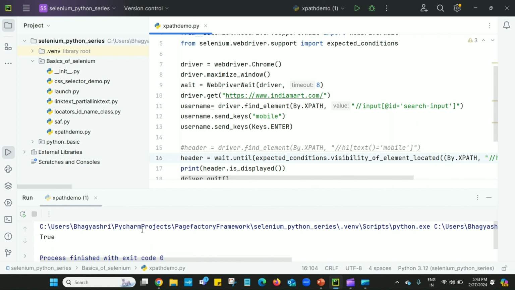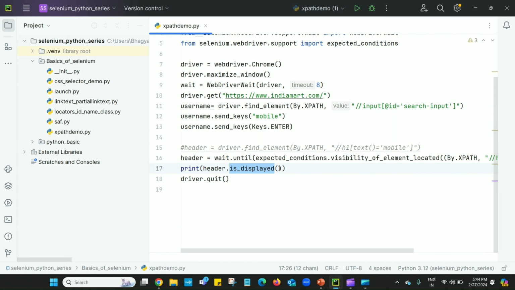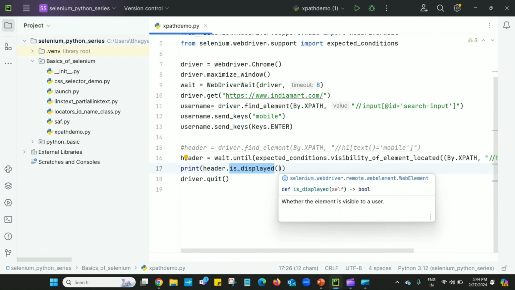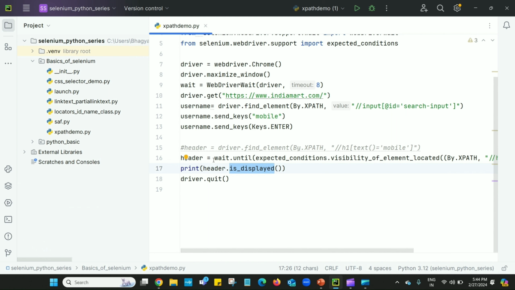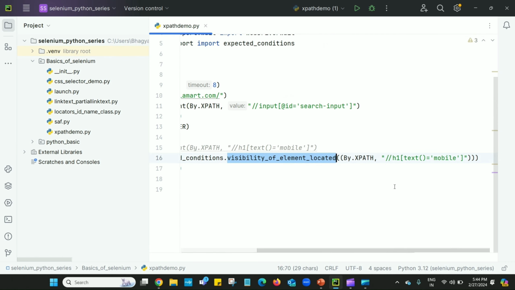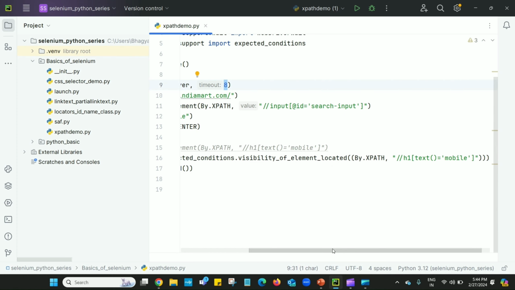So we are getting the same result as true, meaning this element is present. By using explicit wait also, we can wait for particular conditions. Here it will wait until the expected condition, and this is my expected condition, visibility of element located. I want to wait till this element which is located by using this XPath is visible, and the timeout is 8, meaning it will wait 8 seconds.